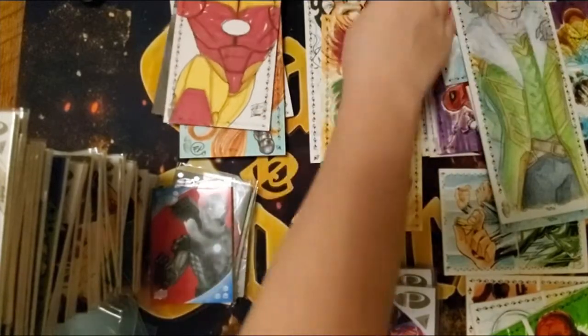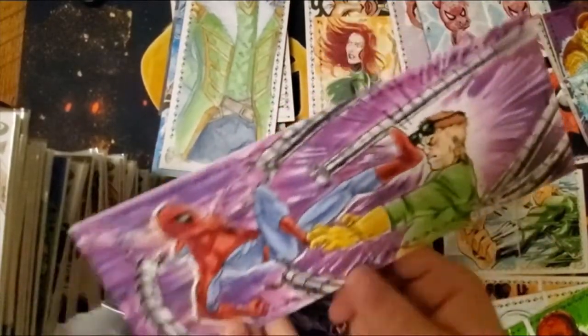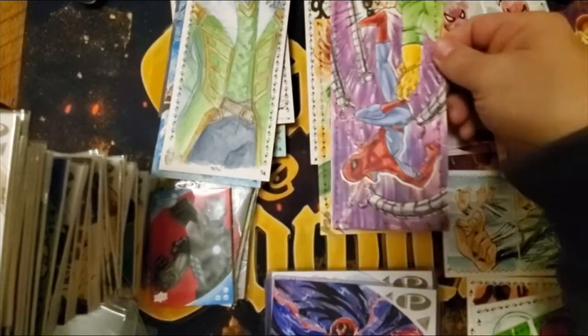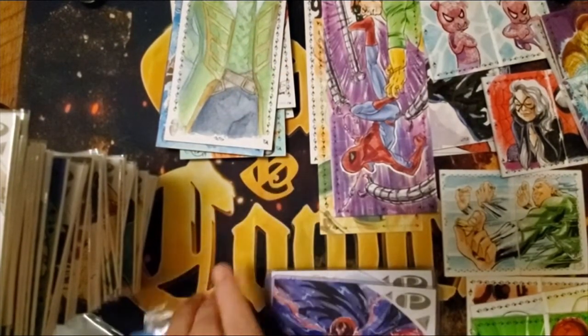All right. My favorite was this one. Okay. Yeah, I just really like the color and the action of it. All right. And did you guys have any favorites in your singles, or were there so many of them that you had to...